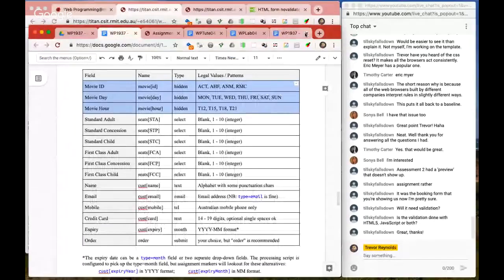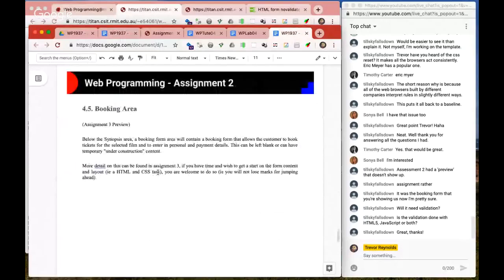Assignment 2, Assignment 3. So was there anything in Assignment 2 that didn't make sense? Oh, Assignment 3 preview. Yeah, what I've got here is just a preview of what the Assignment 3 task was going to be. I was hoping that I could release Assignment 2, 3 and 4 at the beginning of the period, so you could